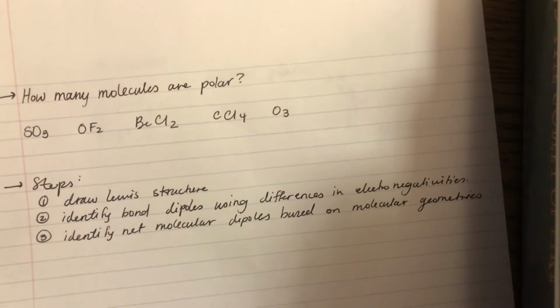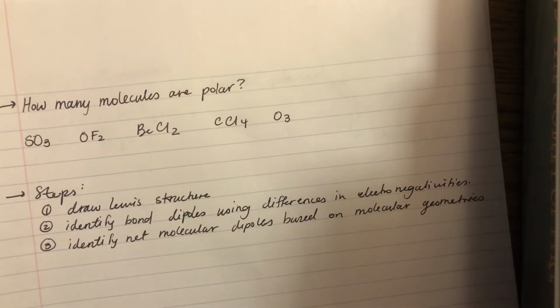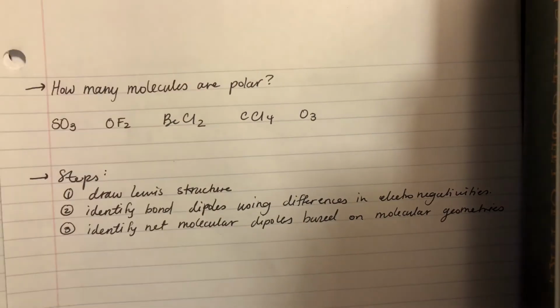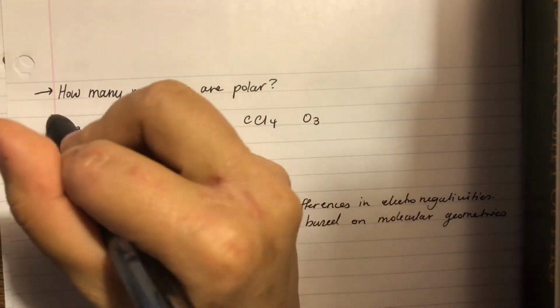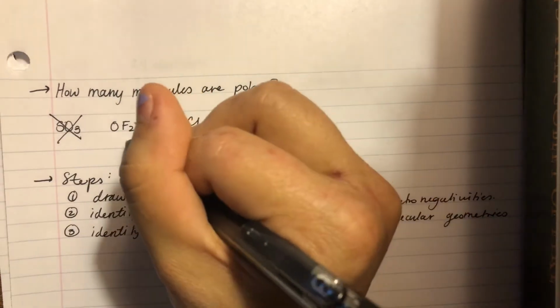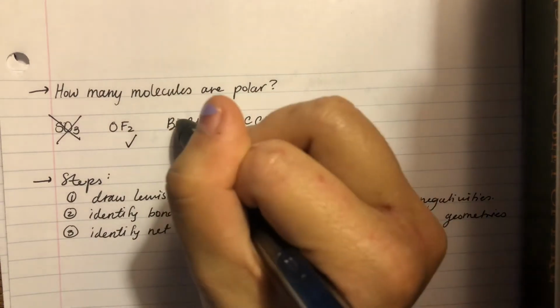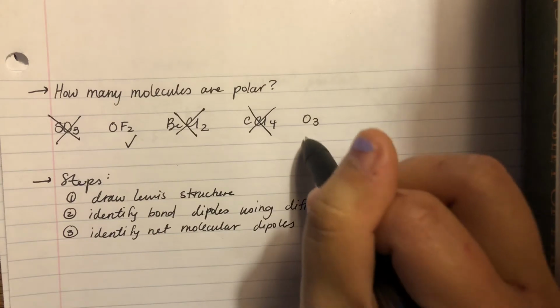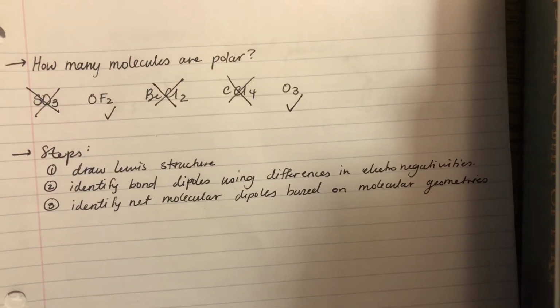And so to go back to the beginning, how many of these molecules are polar? SO3 was not polar. OF2 was polar. BeCl2 not polar. CCl4 not polar. O3 polar. And lastly, to discuss some mistakes to avoid,